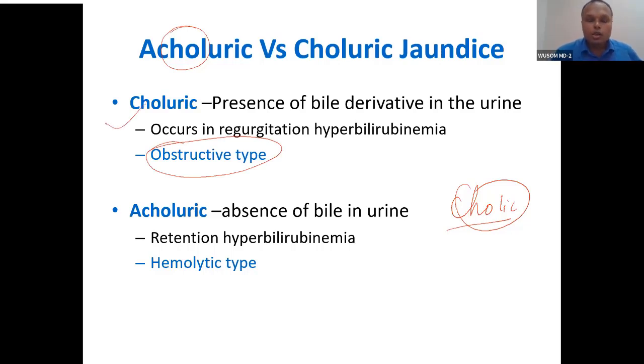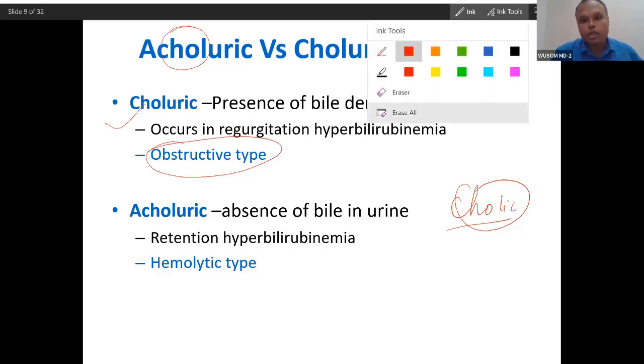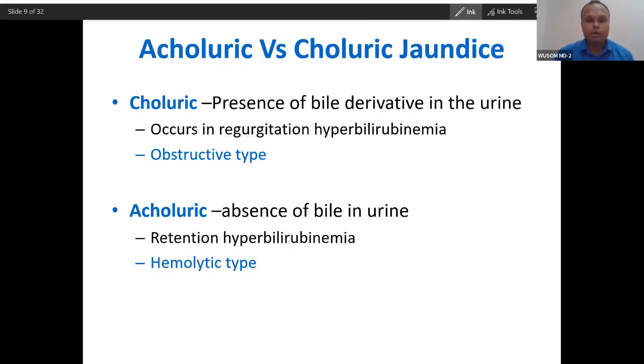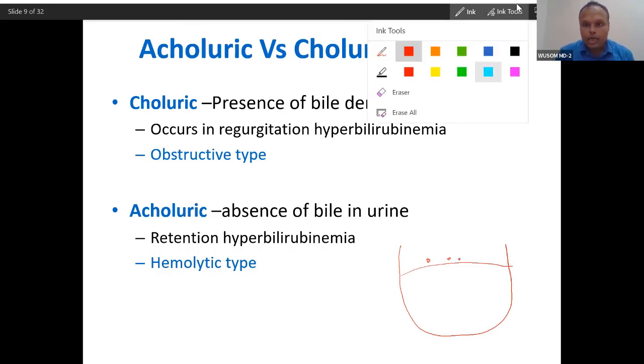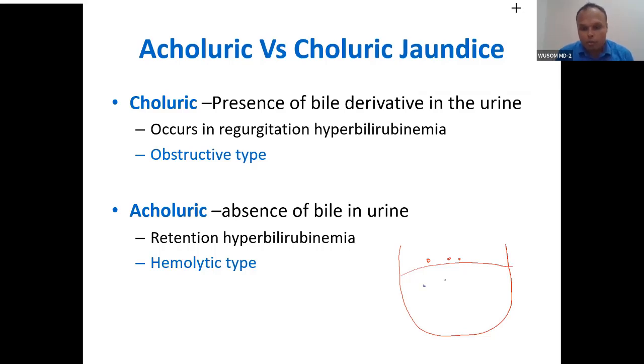Actually these are terminology used before, because bile was very important for diagnosis. They used to take urine and put sulfur powder in it. If this urine has bile salts, which are soluble like soap, the sulfur powder would sink because of the bile salt. If there is no bile salt, the sulfur powder would float. And that was the significance, and that is why they used this test.